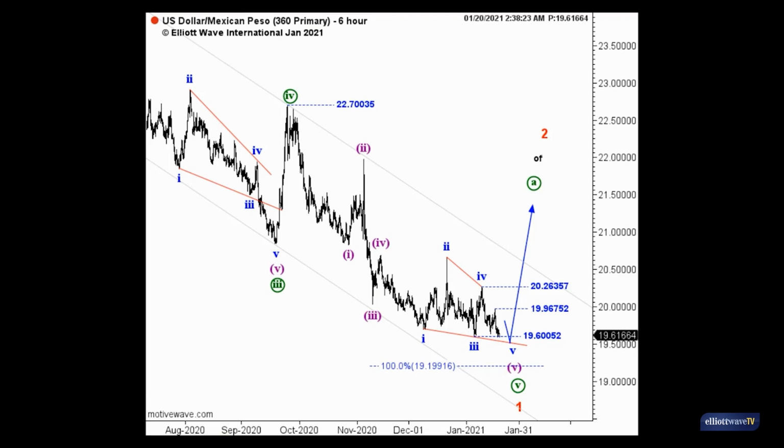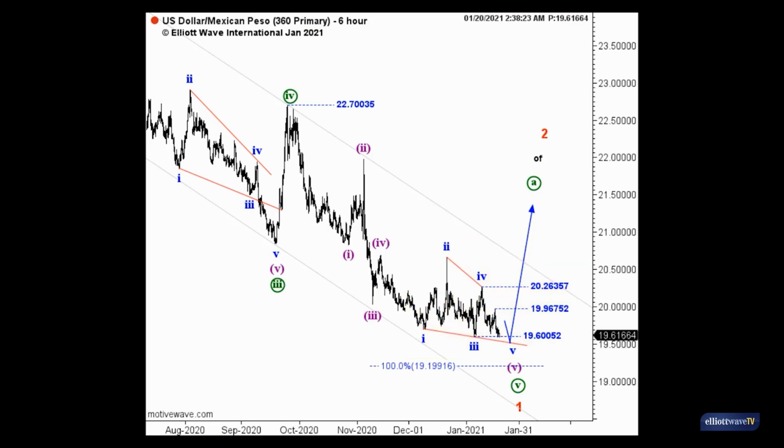Sometimes wave counts stand out, and you can spot them within a few minutes. Other times you may have to wait until the market clears up and a clear pattern develops, as was the case on dollar Mexican peso. Towards the end of 2020, we were tracking several US dollar pairs that were in the late stages of completing an impulse from their respective 2020 highs. We suspected the price action over the December-January timeframe was taking the form of a diagonal, which suggested an impending